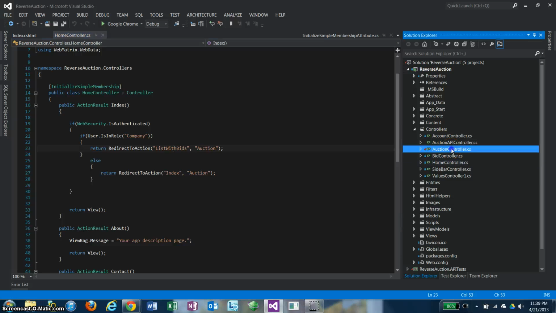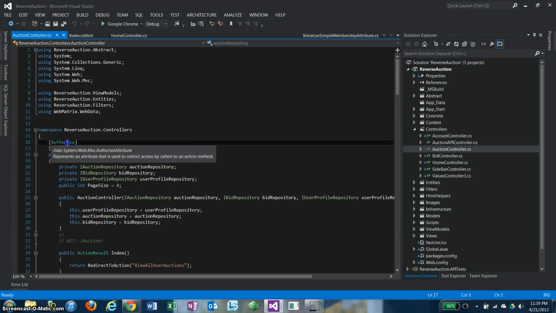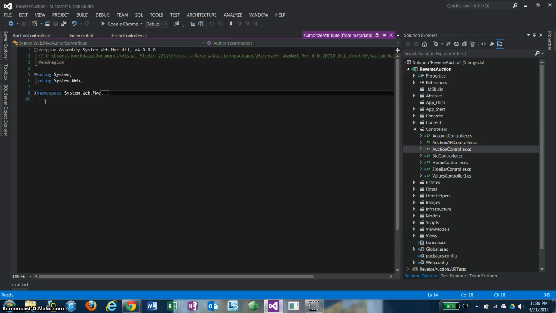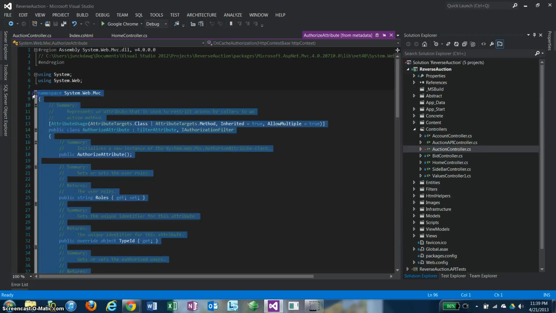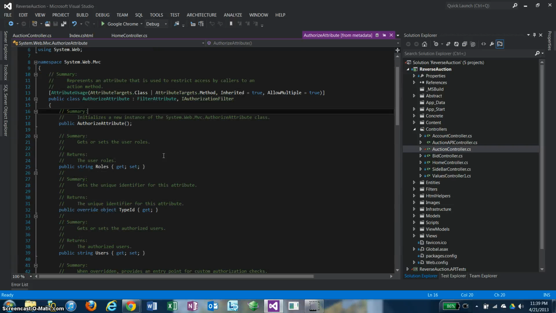So if I can go to the auction controller here, first you realize that it has this authorize data attribute and a company with the initialize membership, just in case their URL directed them directly to this. I make sure that the membership is initialized. This authorize attribute is a filter that's set up with the framework. Obviously, I didn't make all this, but it allows me to make sure that a user is in a certain role and is authenticated within different methods